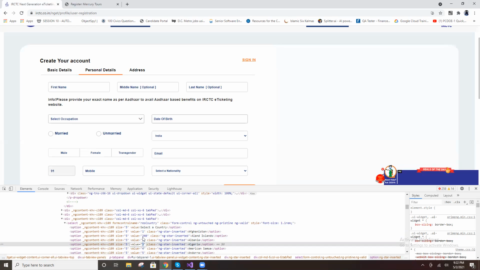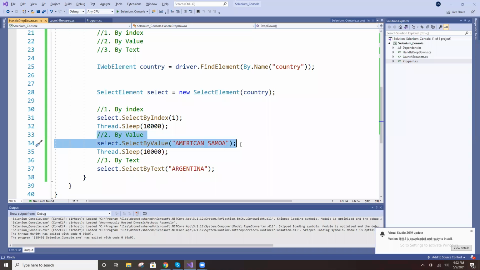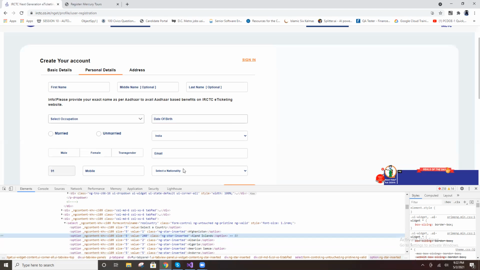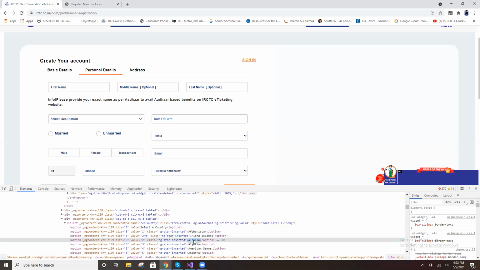With any backend change, obviously this value will change. For that reason, this is also not recommended. Both will work, but not recommended. Last one is by text. If the database changes or a new country is added, whatever it may be, this text will never change.